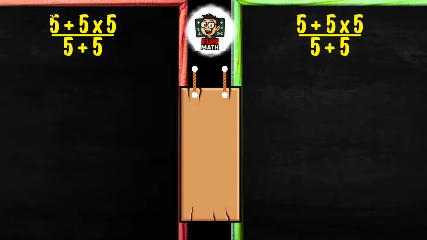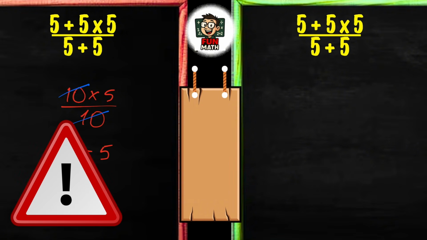Let's take a quick look at our question. First, let's do the addition. 5 plus 5 equals 10. Now let's simplify the 10 numbers. The answer is 5. If you solved it this way, you made a mistake, because we didn't pay attention to